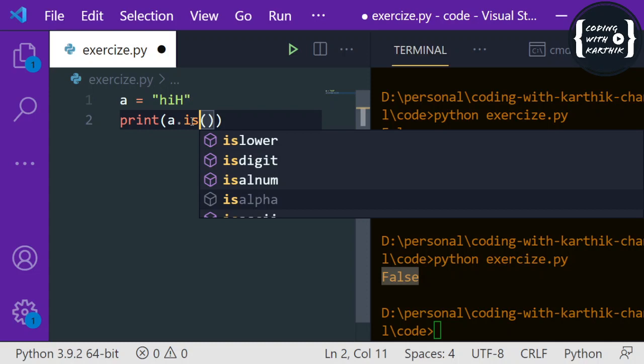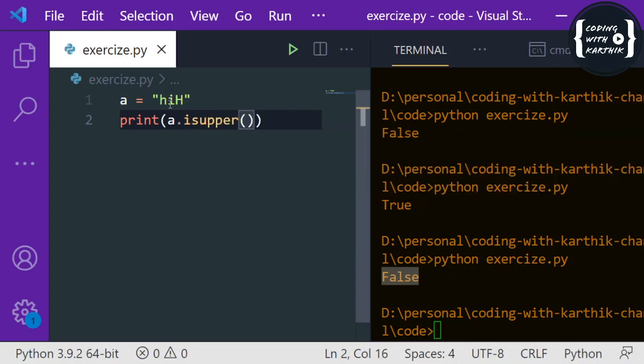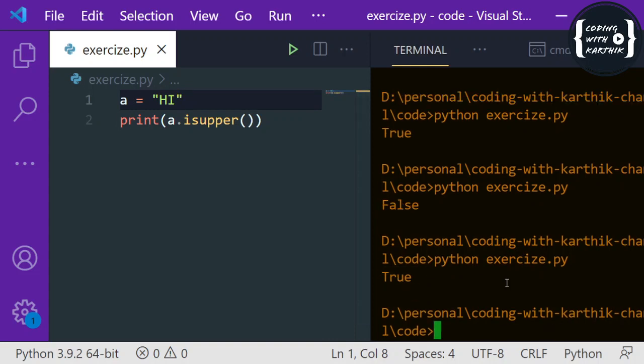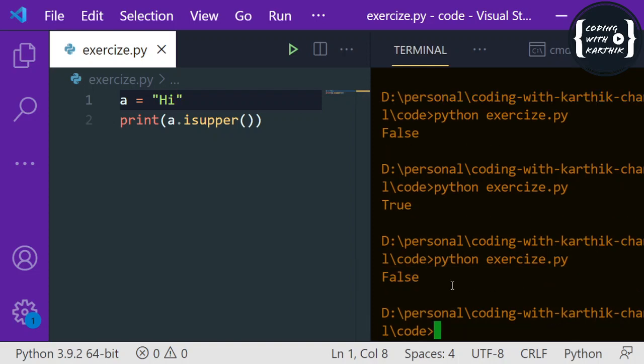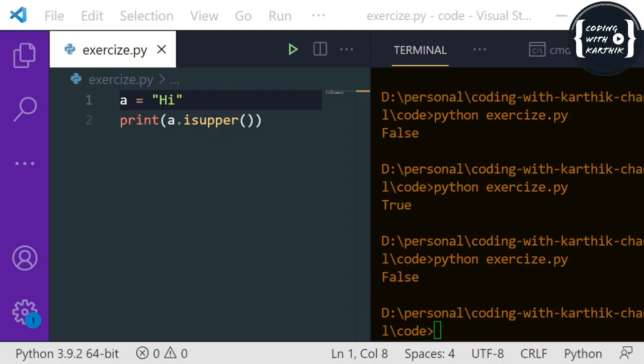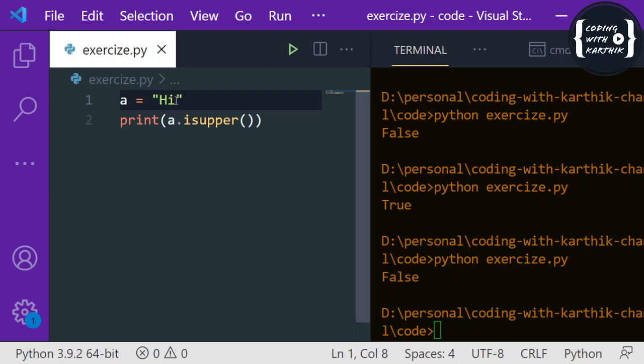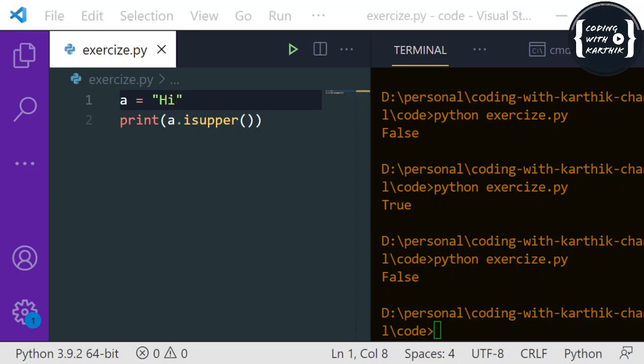If you want to check whether all characters are uppercase, then you can use isupper. If I run this, it is true, since all the characters are uppercase. Suppose I make one lowercase, then it becomes false, since the second character is lowercase, right? So this is how it works.